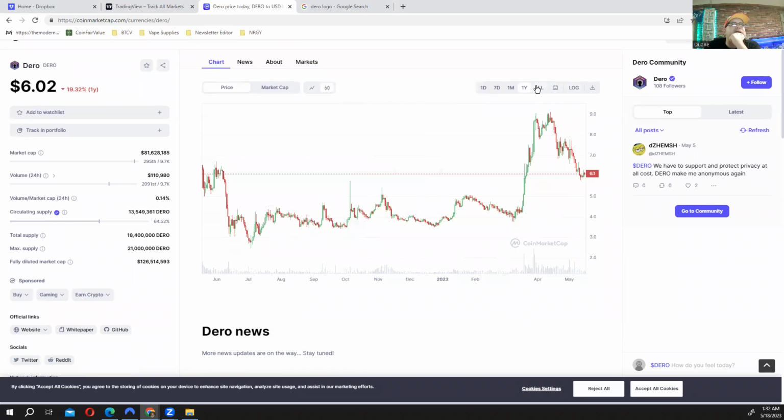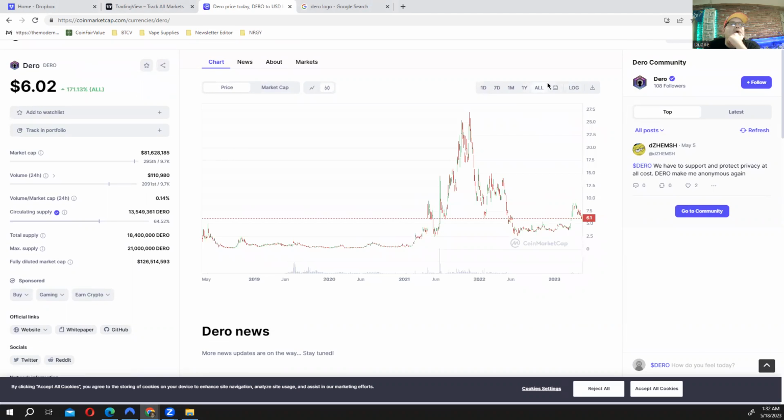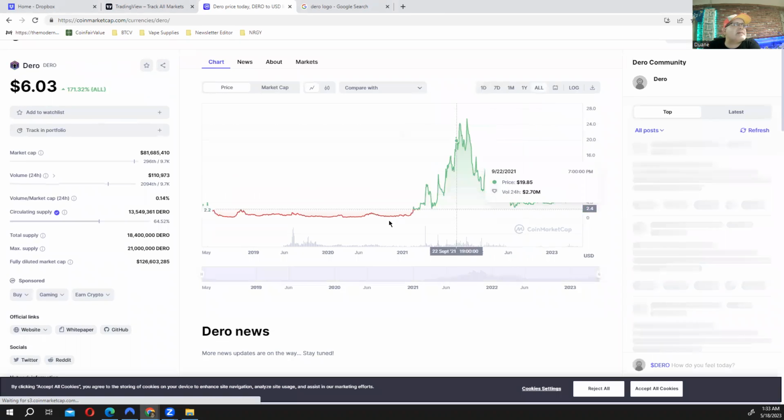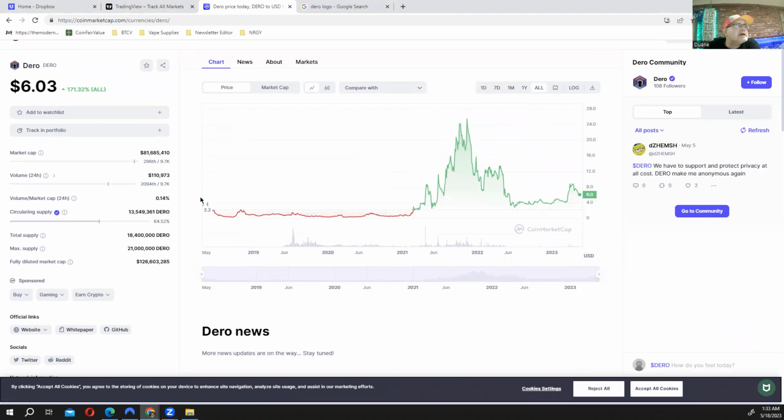And this is using a TradingView chart. I'm going to go to the all chart. If we look, it looks like Dero came out around 2018. In fact, I want to see what the daily volume was when it first came out in 2018. It looks like the daily volume was